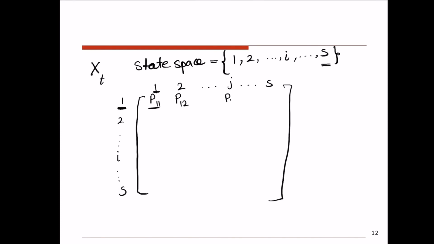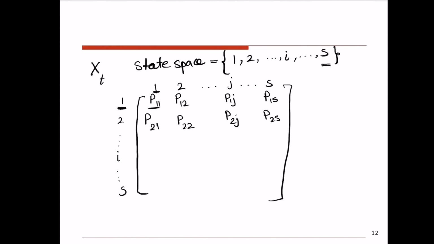This one would be P1j. If I'm at state 1 right now, what is the probability that in the next time step I end up at state j? And P1s means that if I'm at state 1 right now, what is the probability that in the next time step I end up at state s? Similarly, for the second row, P21, meaning that you are at state 2 right now, what is the probability that you end up at state 1 in the next time step? P22, P2j,